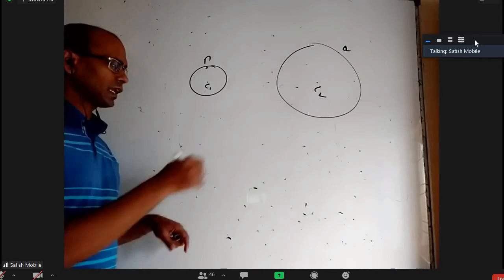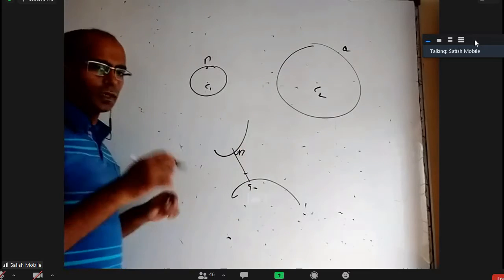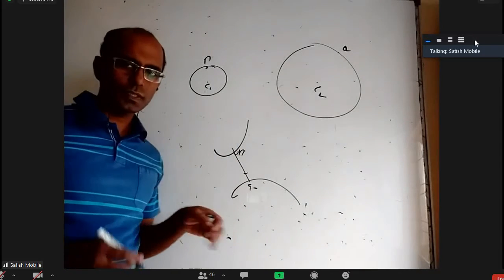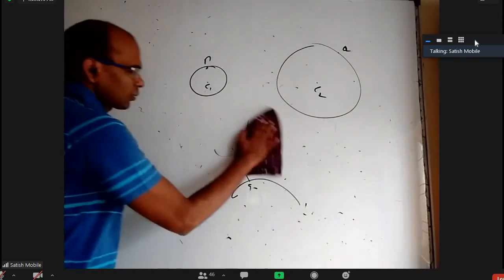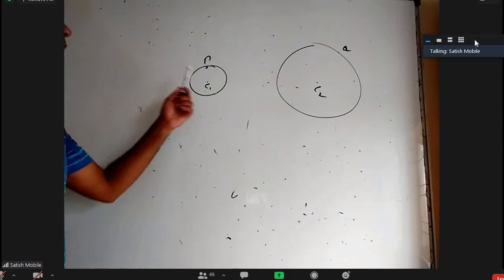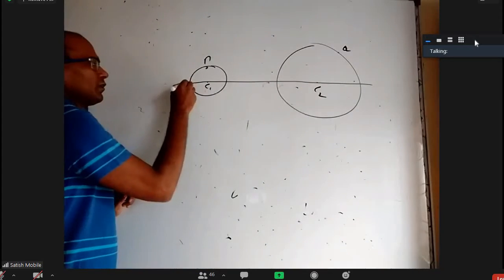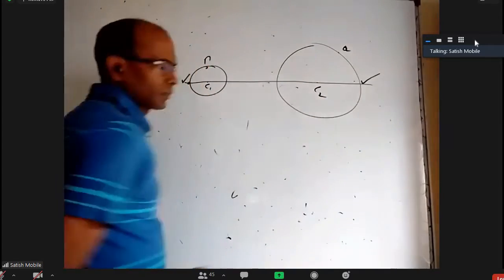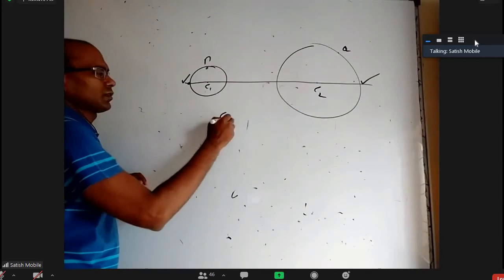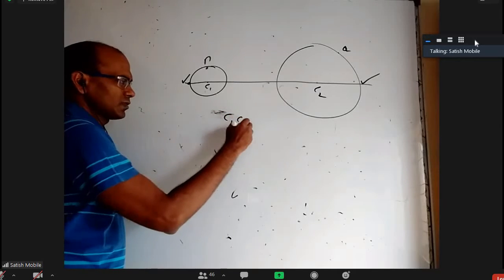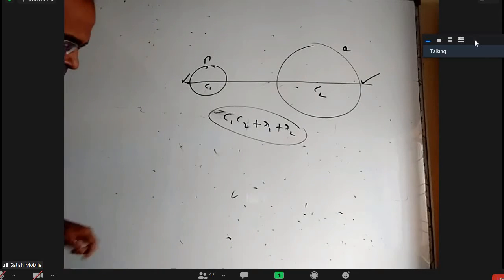We already know from first year calculus, whenever I have 2 curves and I want the shortest distance between them, PQ to be least, PQ should be normal to the first curve and normal to the second curve, whether minimum or maximum. So if you want PQ to be normal to both circles, the normal of a circle should pass through the center. So it should pass through this center and this center. If you take that line, if you take P here and Q here, you will get the maximum. What is that? C1C2 plus R2 plus R1. So C1C2 plus R1 plus R2 is the maximum possible value of PQ.